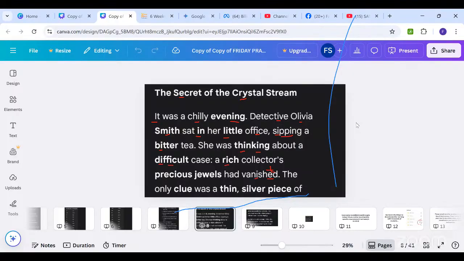She was thinking about a difficult case. A rich collector's precious jewels had vanished. The only clue was a thin silver piece of